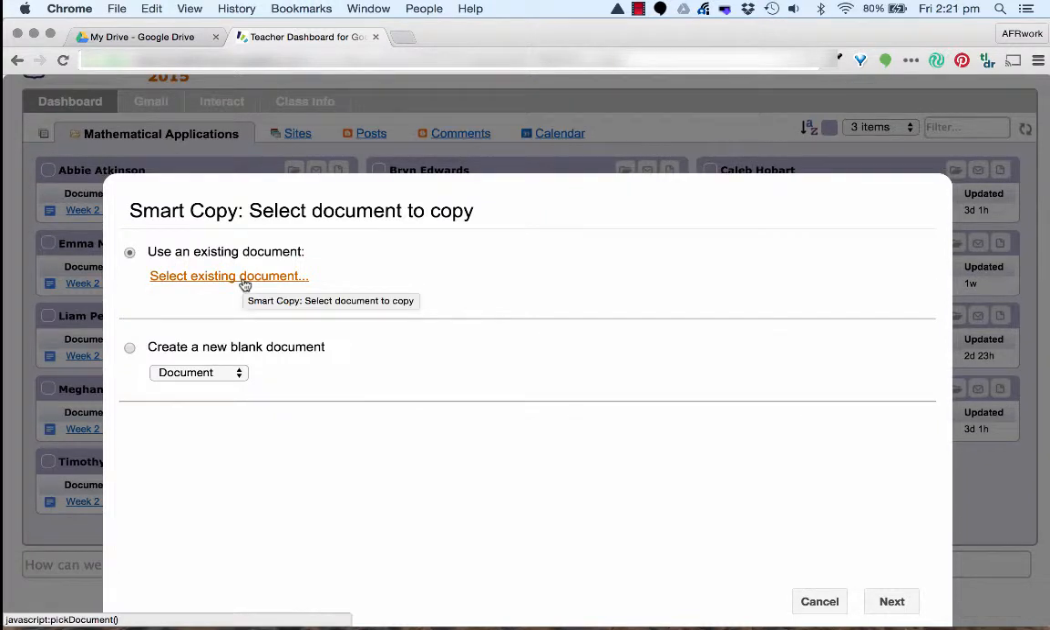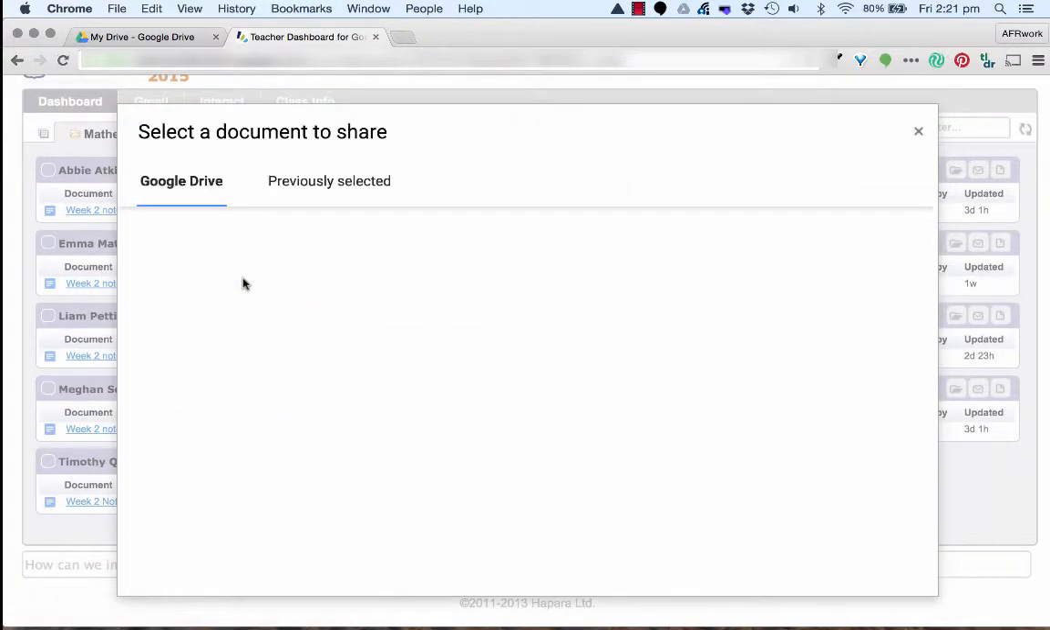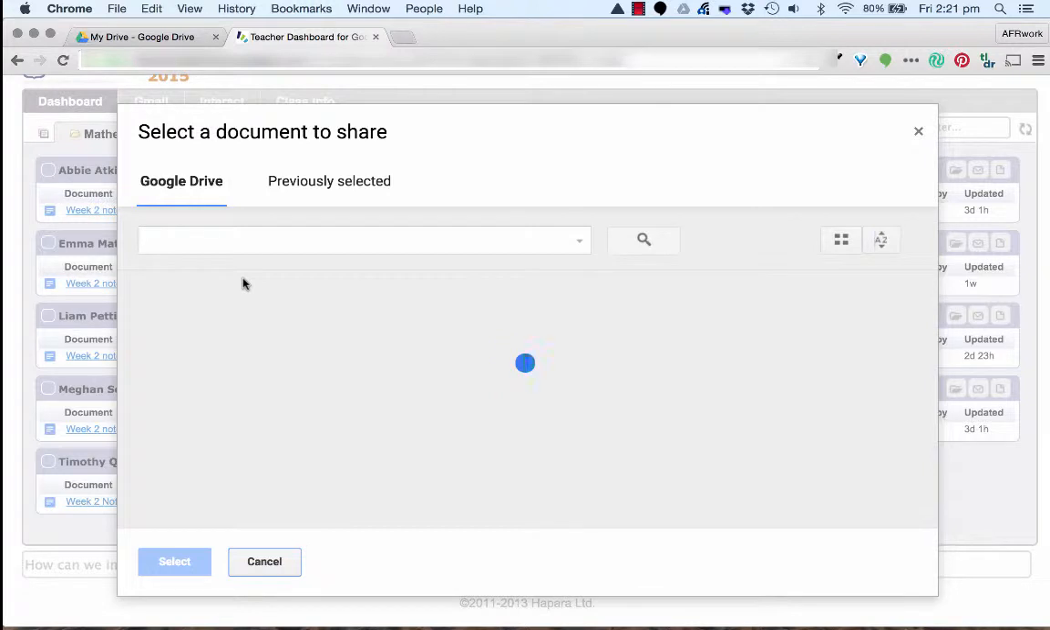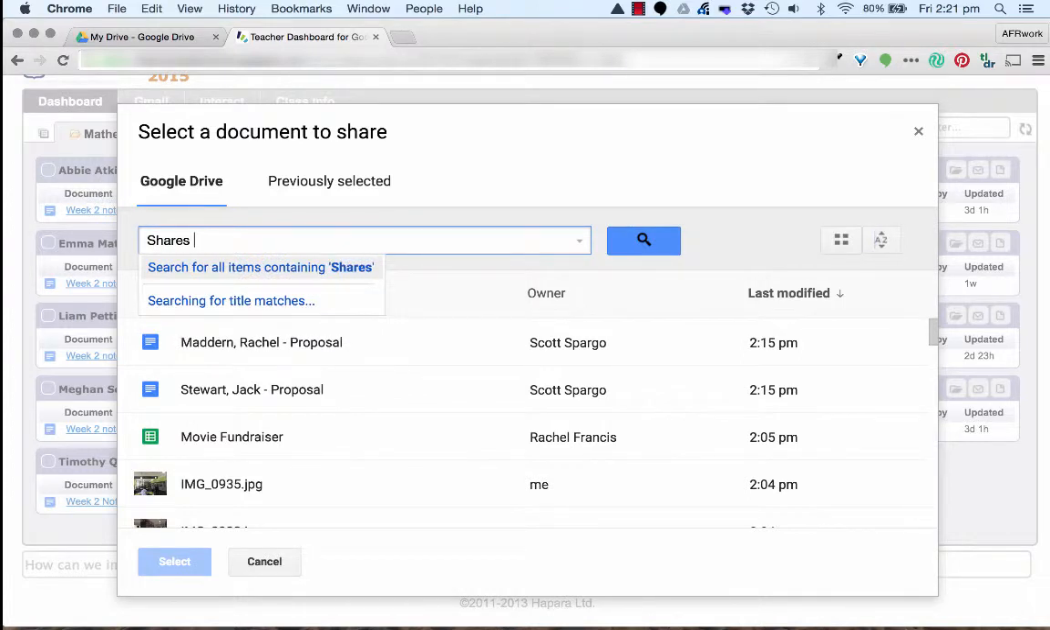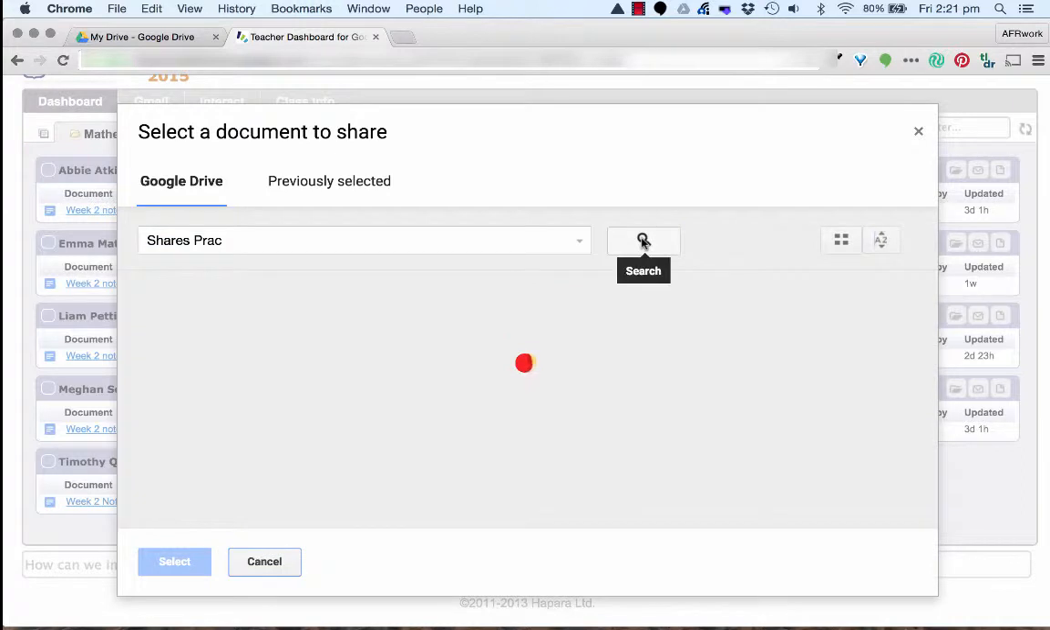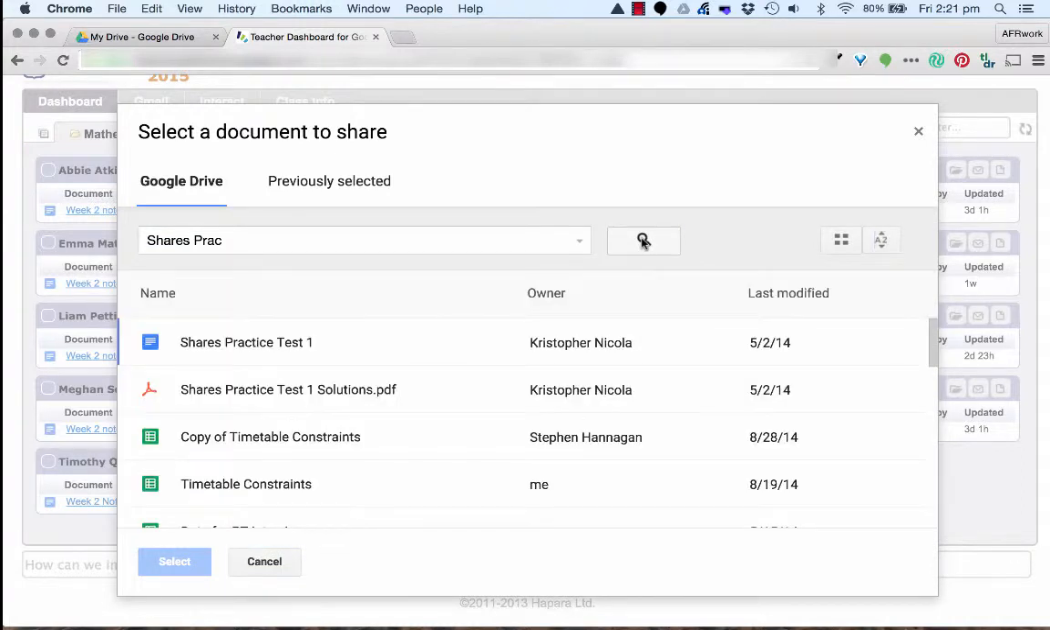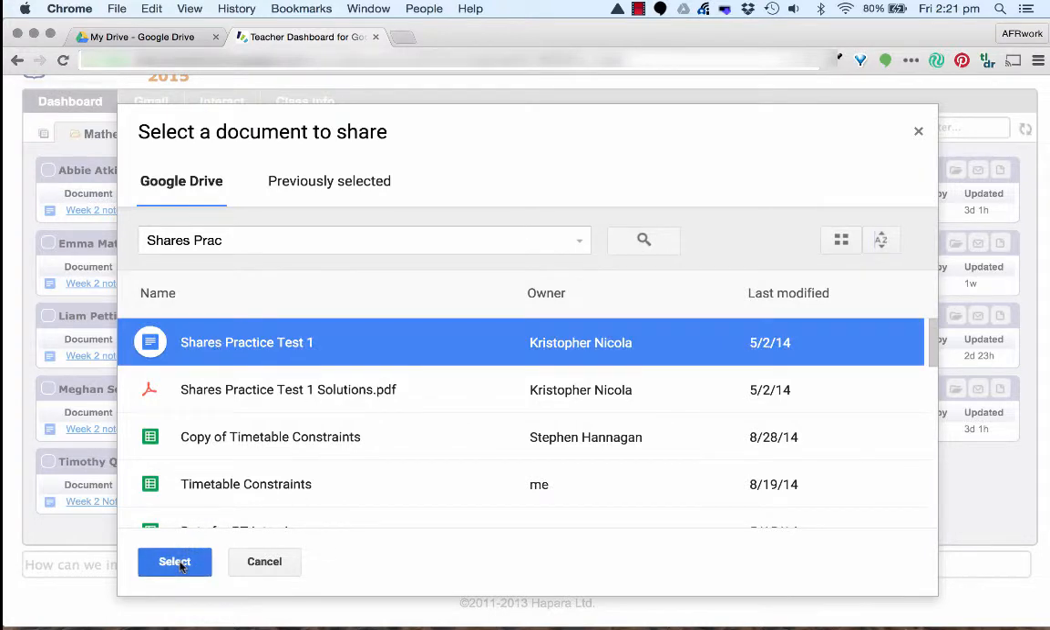So let's show you how we actually select an existing document. So I select the existing document. It will then go to my Google Drive, and I want to get my shares practice. Let's see what comes up with this. I want to distribute to my students a shares practice test that I've made before. And Chris Nicola made that last year, but we share the work together. So I'm going to click on that, which is great. Go select,